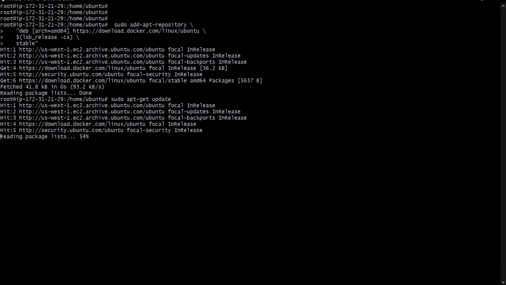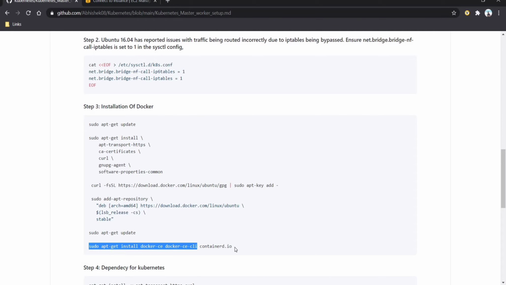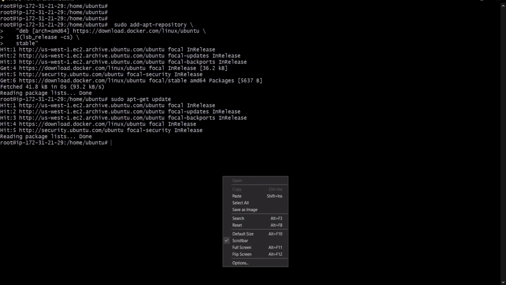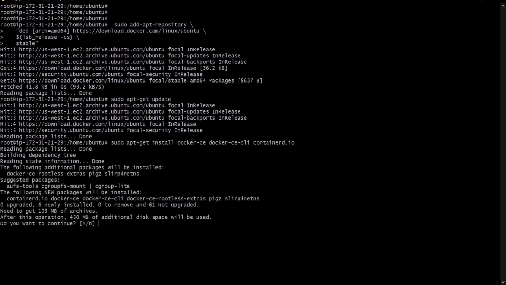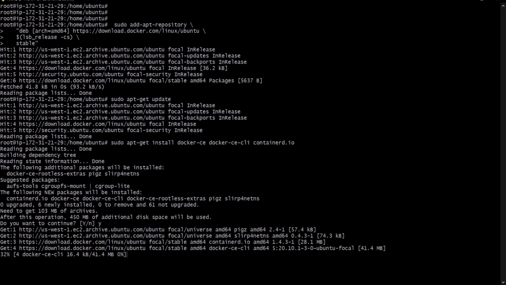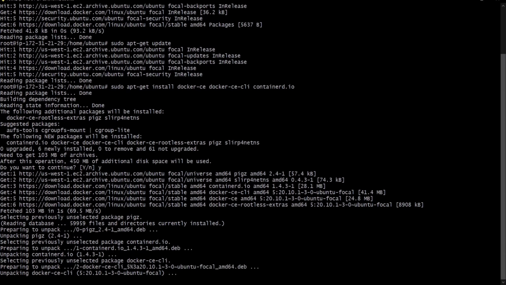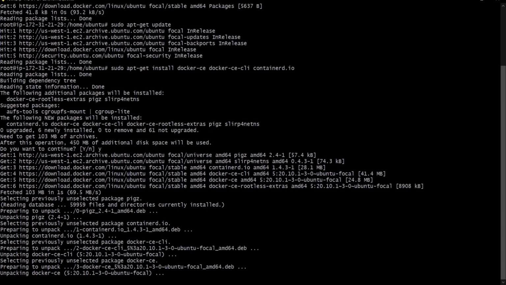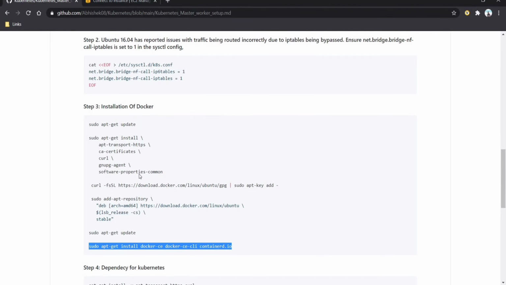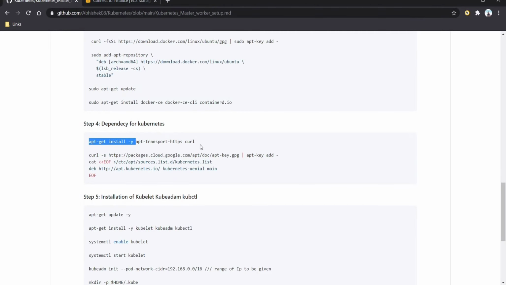Now we have to install Docker. Just copy this command and done. Once Docker is installed, we have to add this dependency.